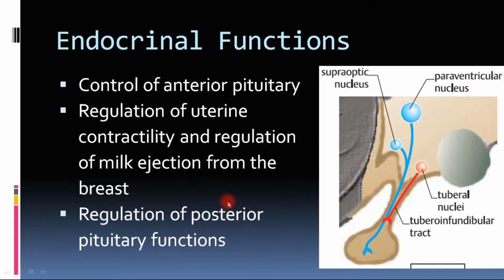And another posterior pituitary hormone, that is ADH or vasopressin, is also regulated by the supraoptic and the paraventricular nucleus. They both secrete the ADH or vasopressin hormone on the capillary bed of the posterior pituitary gland. So that is how the hypothalamus is regulating a vast variety of endocrine functions of the body.